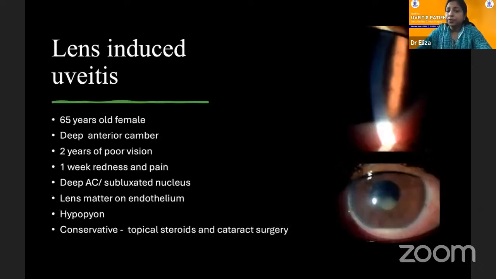Now, again, lens-induced uveitis has very characteristic examination findings. Like this elderly 65-year-old female who presented to us with 2 years of poor vision in one eye, with a 1 week history of redness and pain. On examination, she had a deep AC and an anterior capsule breach was noted. Unlike cells, you will see fluffy cortical matter on the endothelium in the AC, and then the lens matter deposits in the form of pseudohypopyons. So these are not inflammatory, these are pseudohypopyons, and the management is always conservative: topical steroid with early cataract